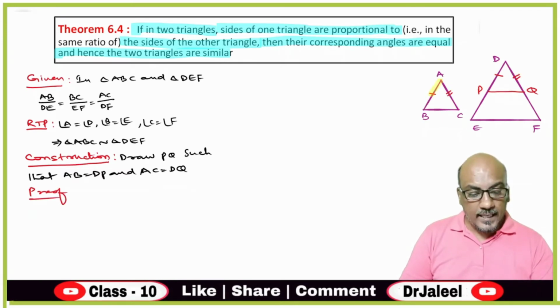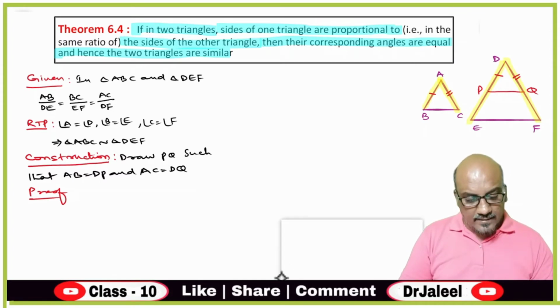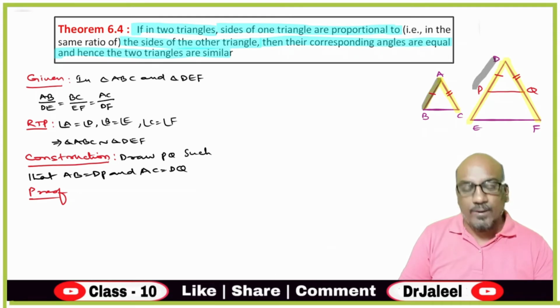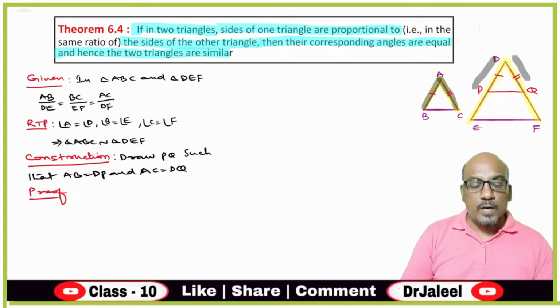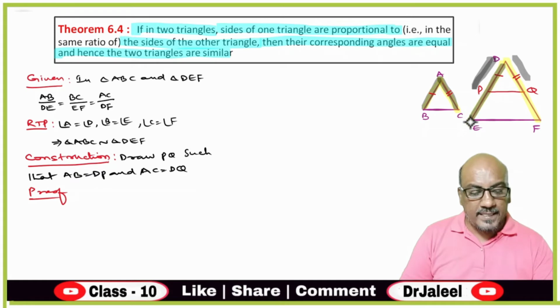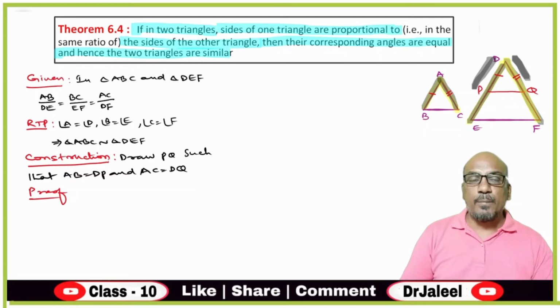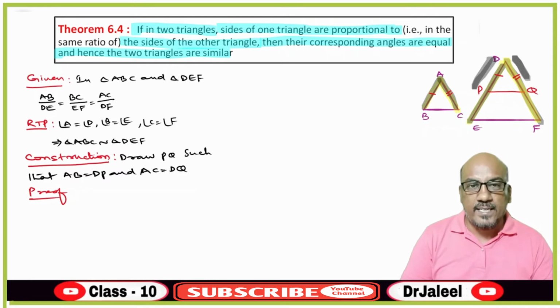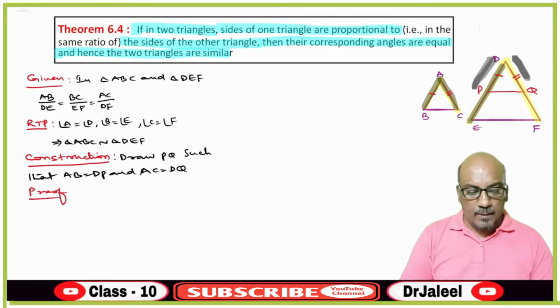Children, here AB by DE is equal to AC by DF is given. But instead of AB, I will take DP because both are equal. Again, instead of AC, I will take DQ. So what overall will you get? You will get DP by DE, that is part of the side by whole side, is equal to DQ by DF, part of the side by whole side. That means you can use the basic proportionality theorem's corollary and say that PQ is parallel to EF. This is how we will approach.